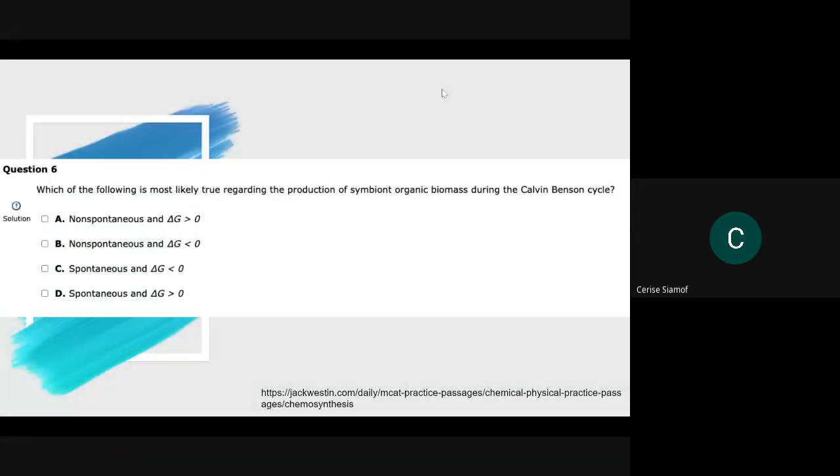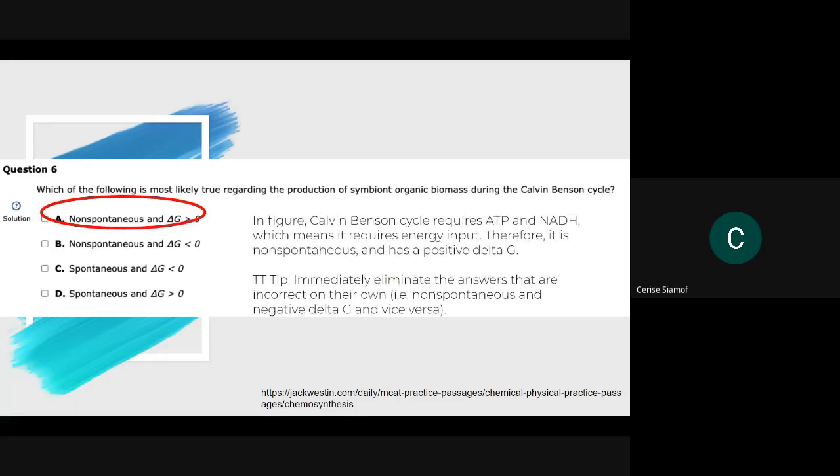Okay, the next one is: which of the following is most likely true regarding the product of symbiont organic biomass during the Calvin-Benson cycle? For this one, there's kind of two notes that I've made. So if you click, the answer is A, non-spontaneous, and delta G is greater than 0. So a good test-taking tip is to immediately eliminate the answers that are incorrect on their own. So what I mean by that is if you look at B and